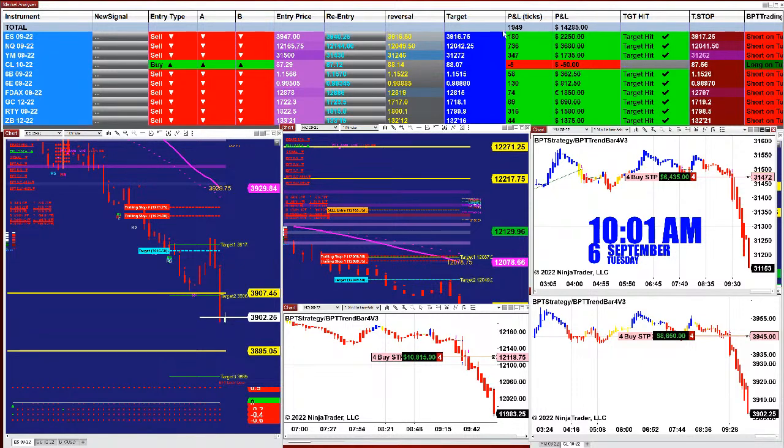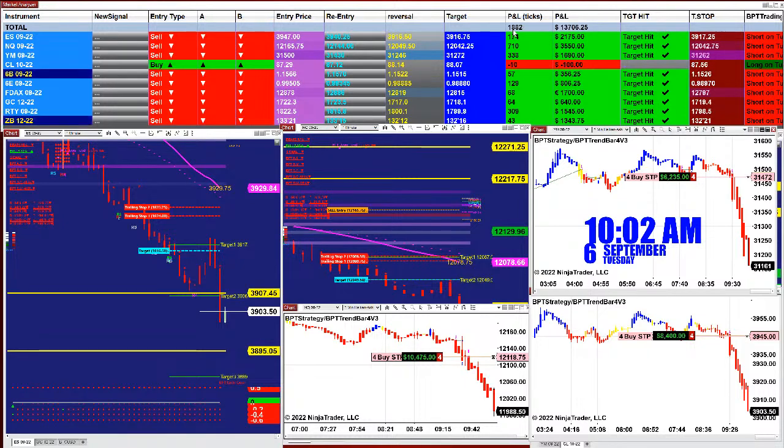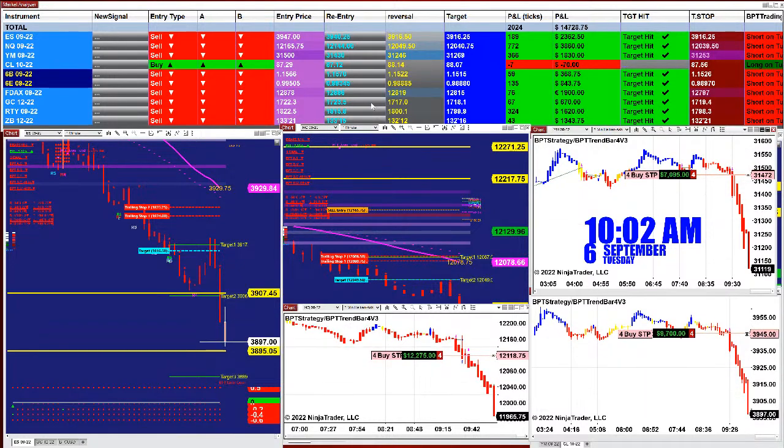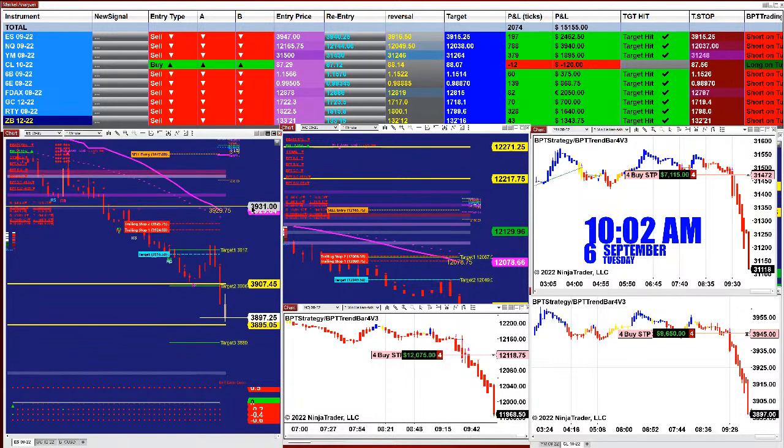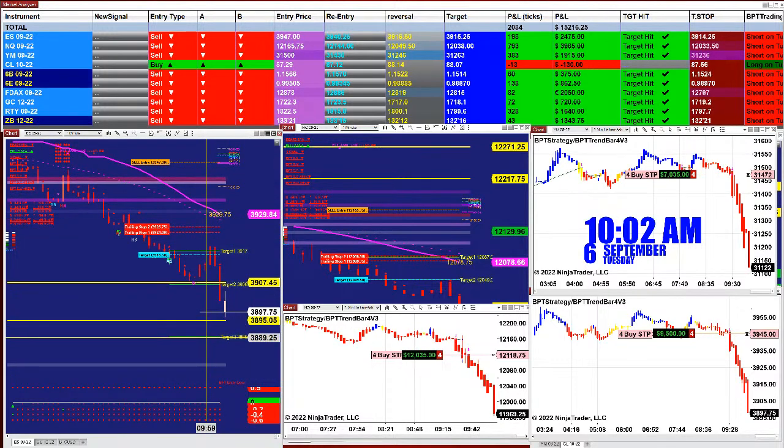The total amount right now is 1991 ticks into the profit, a total of 13,895, and it seems like we are going to target 3. Once we hit target 3, there is nothing left. Okay, again, there we go. We are going to target 3. Target 3 is 38.89, and there is nothing left after 38.89. So this is what we're having.